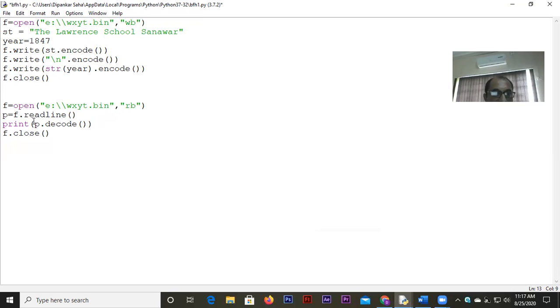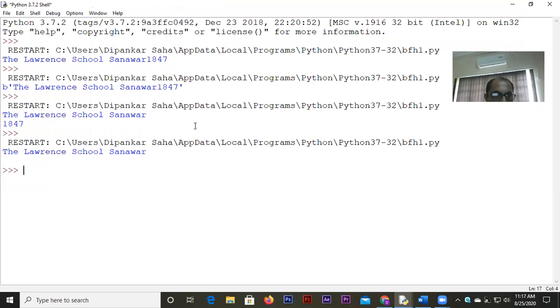So here also if I write readline, it will read only the first value. The second line, that is 1847, will not be read. So we will see the same output. If I run the program once again, with readline, only the first line counts because readline reads only one line.